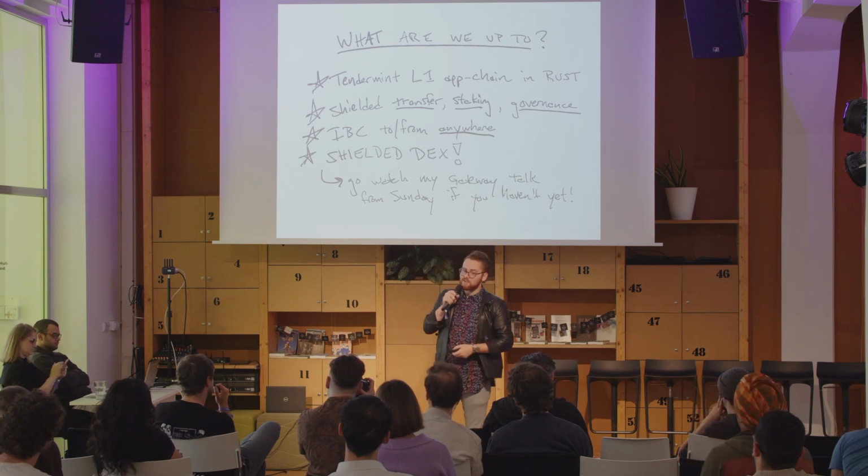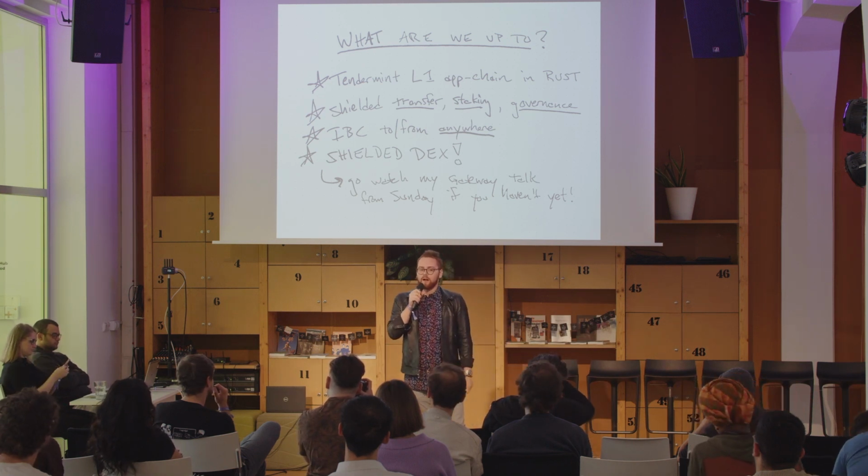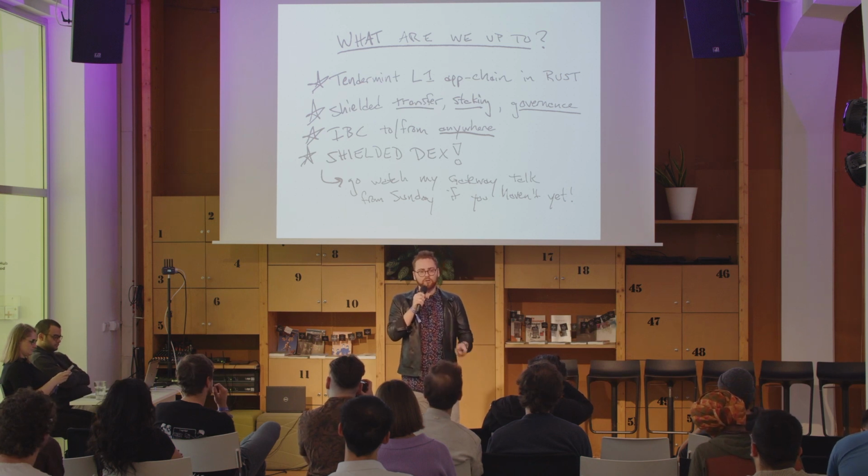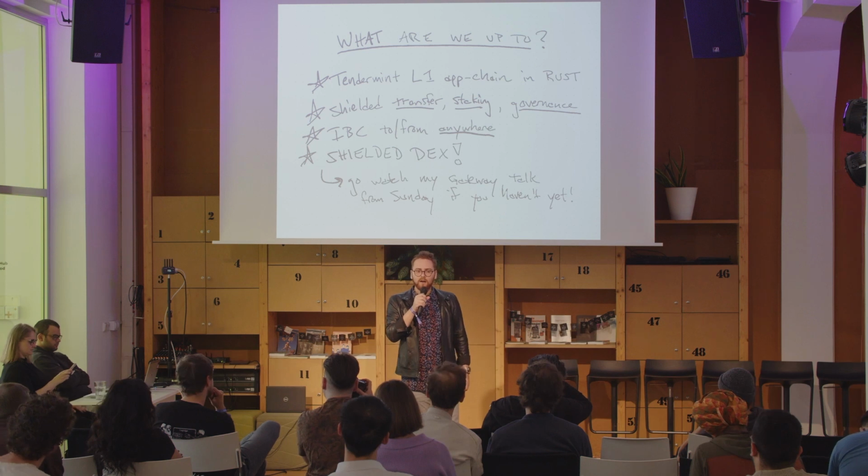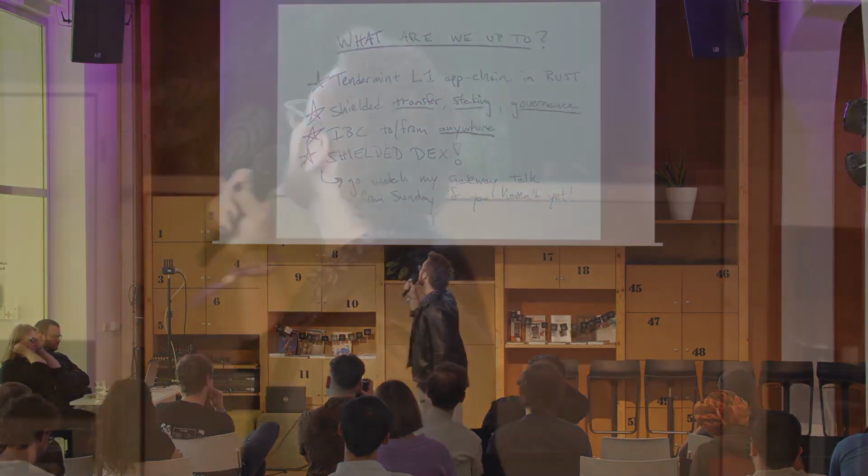Also, we have IBC, to and from anywhere. And so you have this interchain shielded pool that Penumbra gives you in the Cosmos ecosystem and beyond. As well as in the center of that, a shielded DEX that uses a lot of the really cool privacy features that we've built in Penumbra to get some really unique features of a DEX, stuff you couldn't build without